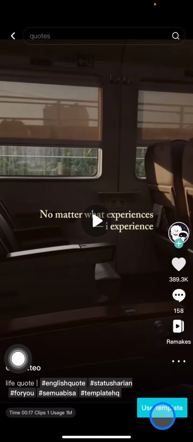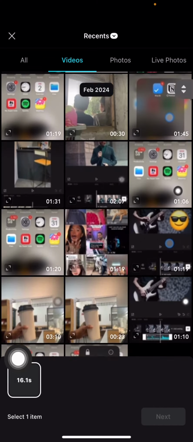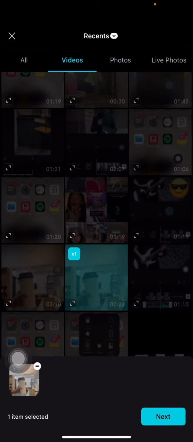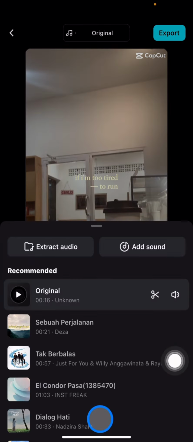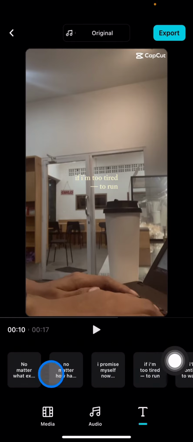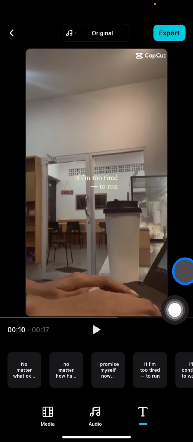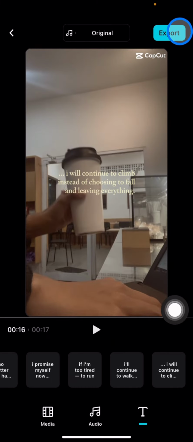and after that you just need to click use template and choose the video from your photo library that you already prepared, let's say here, and then click next. To change the audio, you just need to choose which audio you want to use, and if you want to change the text, just click the text here and start typing the text for each section down here. After you've done everything, you just need to click export,